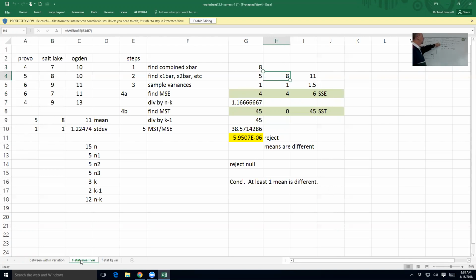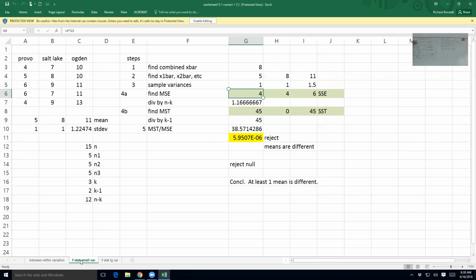So now we're going to compute the sample variances. If I square each one of those standard deviations, 1 squared is 1, 1 squared is 1, 1.22 squared is 1.5. Now we're going to do, and I don't know why I have the SSE, I probably should have done the SST first, but I'm going to do the mean square error. So the mean square error